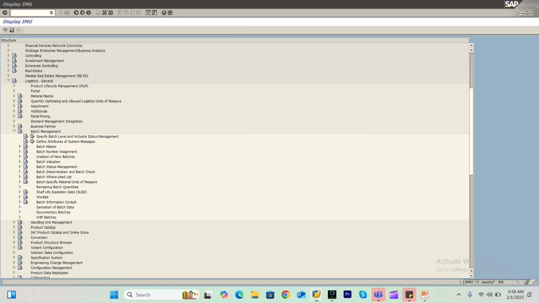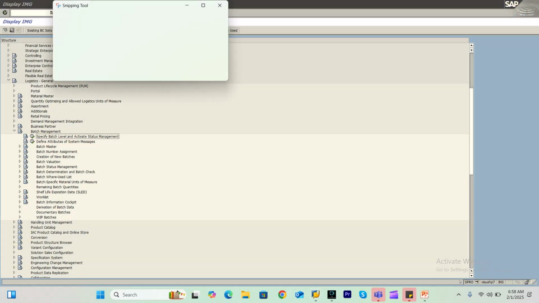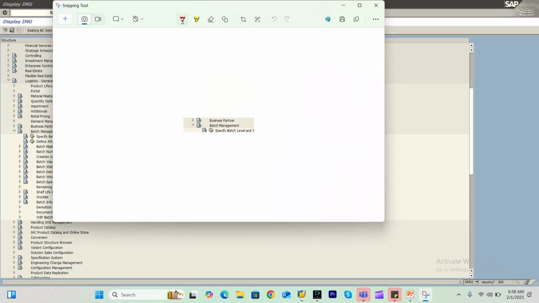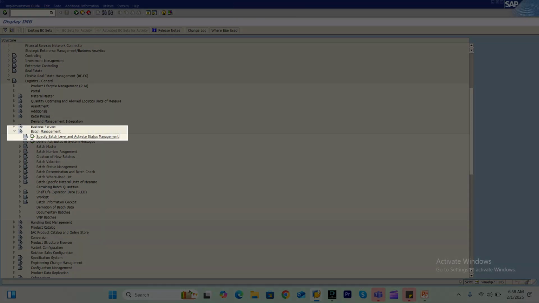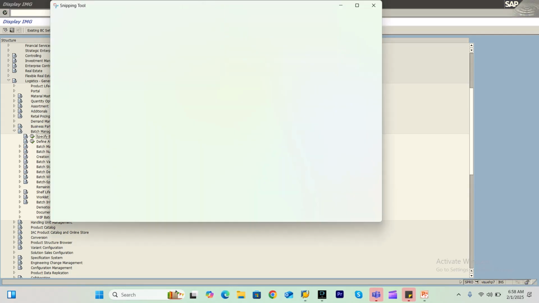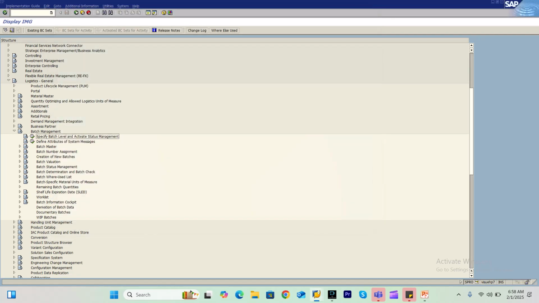If you are not able to see, I am zooming again. This is the path in batch management: Specify Batch Level and Activate Batch Status Management. If we go there,